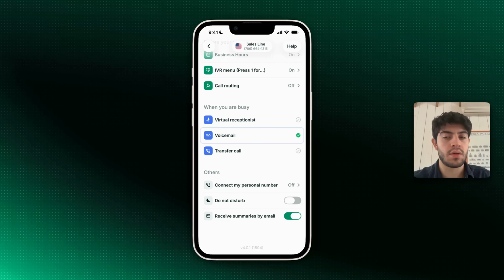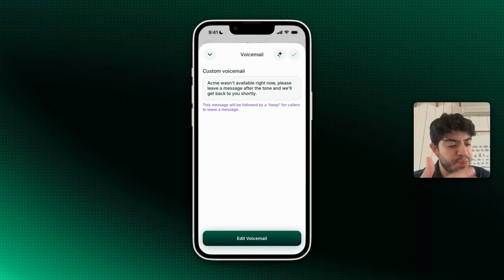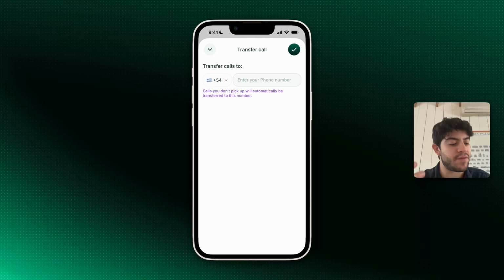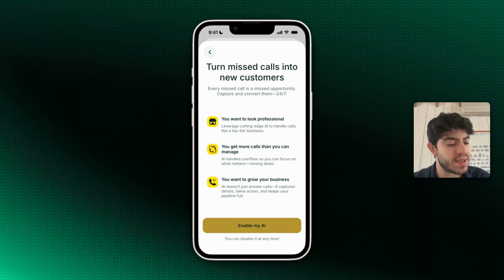What happens if no one picks up the call? If the cascade ends or the simultaneous ringing simply times out, then we're choosing what happens when you are busy or when the call goes unanswered. It can either be a standard voicemail, which we can choose to edit. It can be transferring calls, so I can choose a different number that I might want to transfer the call to. It can be an external number, not even an Allo number, or the virtual receptionist, which is our state-of-the-art